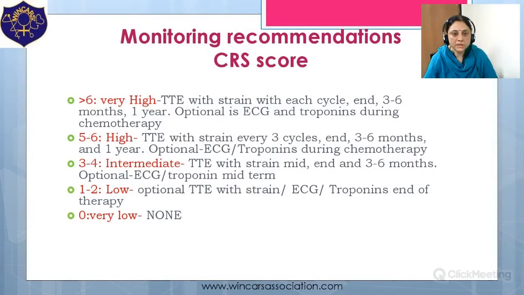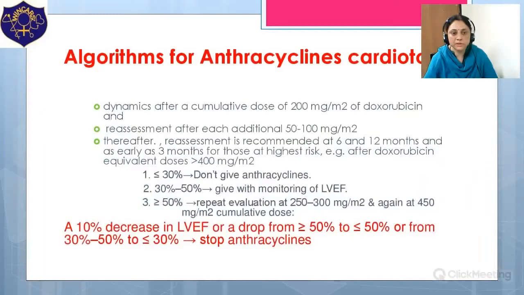In very low risk cases, there are no recommendations for any cardiovascular monitoring. Certain algorithms have been suggested for anthracyclines for cardiotoxicity, that is, a baseline hemodynamic assessment, that is echo assessment, then assessment at a dose of 200 mg, reassessment after each additional 50 to 100. Thereafter, reassessment is recommended at 6 to 12 months and as early as 3 months